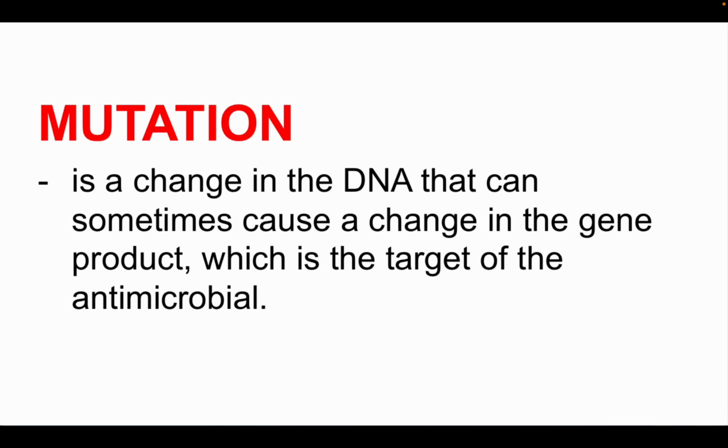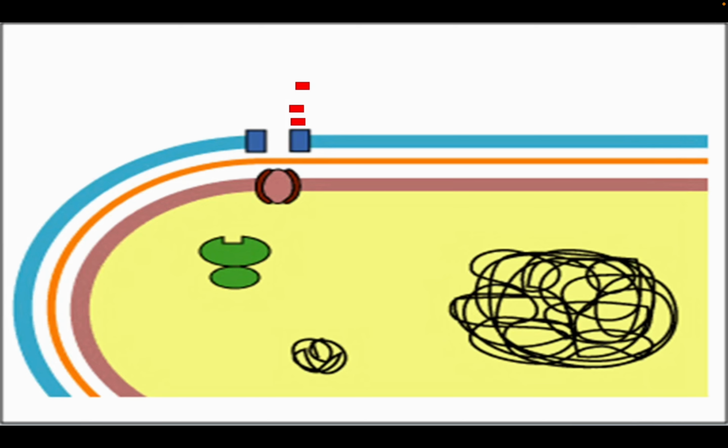And of course, you know this one, mutation. Mutation is a change in the DNA that can sometimes cause a change in the gene product, which is the target of the antimicrobial. So for example, these are my antimicrobials. When a susceptible bacterium comes into contact with a therapeutic concentration of antimicrobials, like ciprofloxacin or norfloxacin, whatever antimicrobials you are thinking of,